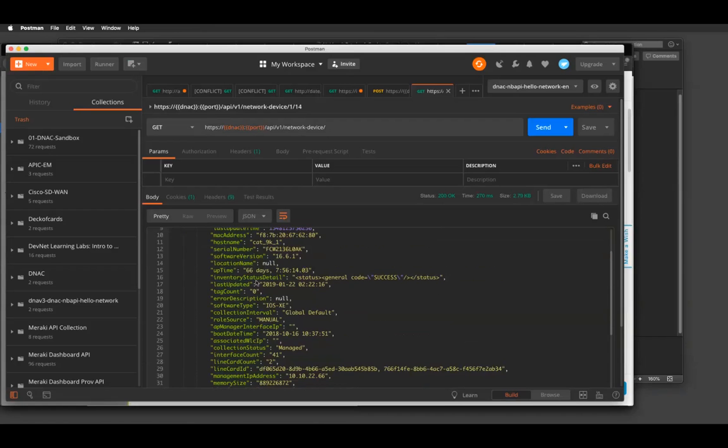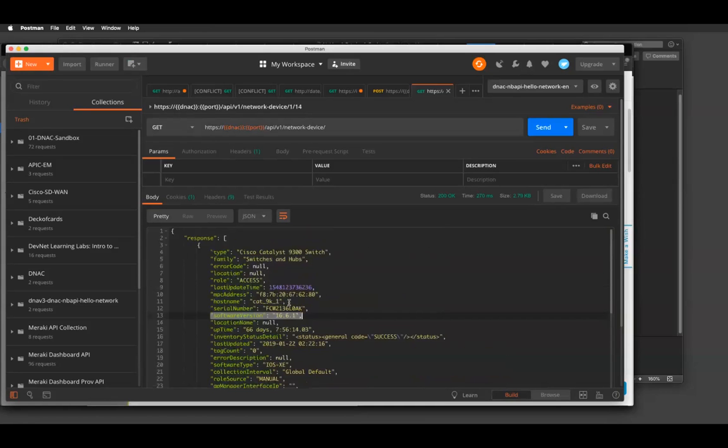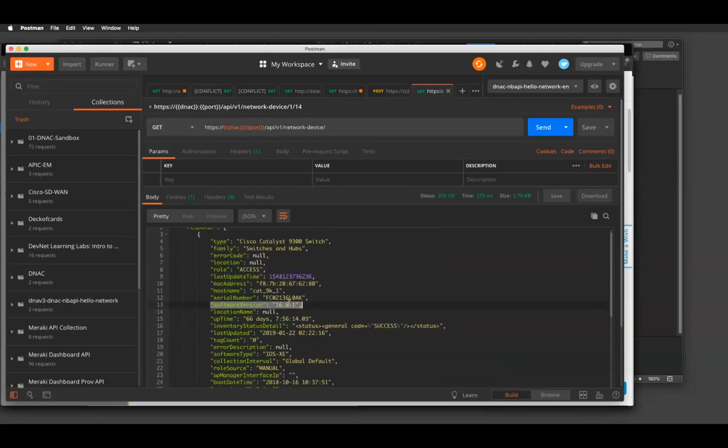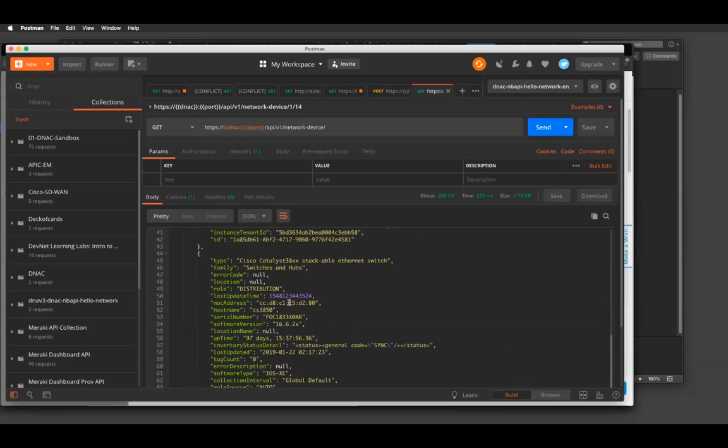Let's say Cisco releases a notice and says, hey, there was a security bug that we found under software version 16.5. Well, by pulling in all my devices, even here, I can see that one of the pieces that's going to be displayed back in my JSON code is software version. So now I have a way to quickly look at each device and see what software version they're running. Again, a great way to not have to touch every physical device, every router, every switch, but have a central place to pull in all of my devices and quickly look through here and see what software version it's running.